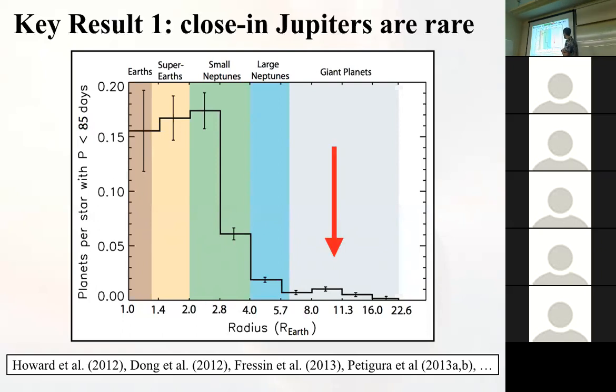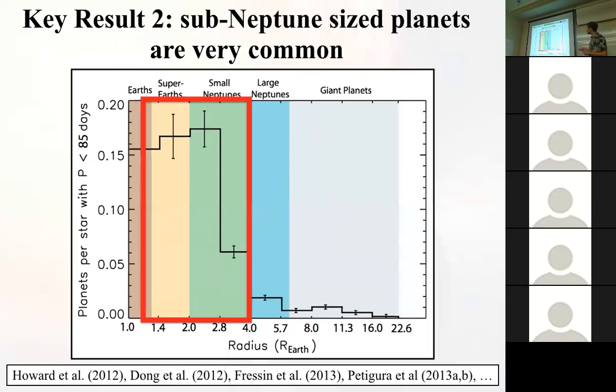So there are a couple of lessons that we learned from this. The first one is that close-in Jupiters, so-called hot Jupiters, one of the concepts that Ashley will talk about, are actually quite rare. Those are the first ones we found. The very first planet we detected, 51 Peg, was a hot Jupiter. But if you look at them in an ensemble population study, they're actually quite rare. And then the second key result is that these, what we call now sub-Neptune-sized planets, or here they're also called super-Earths, so anything between Earth and Neptune, are actually very common.